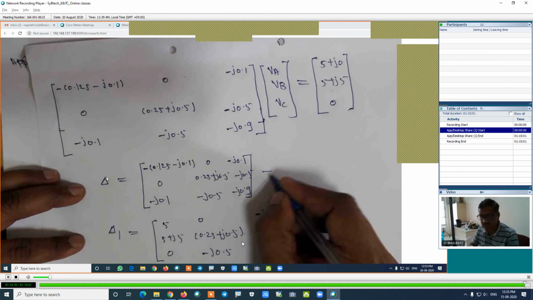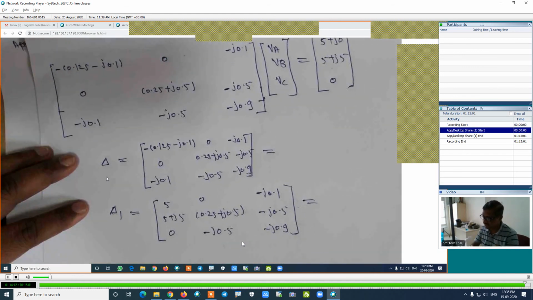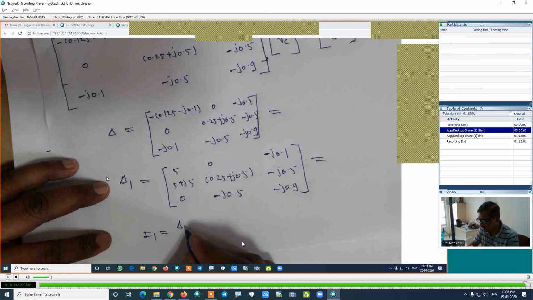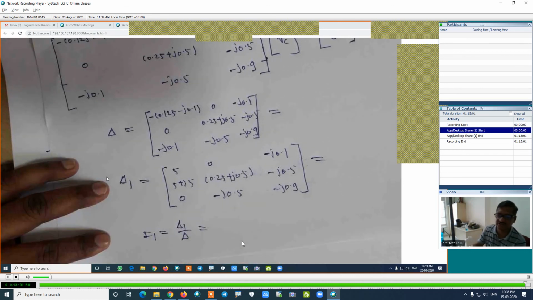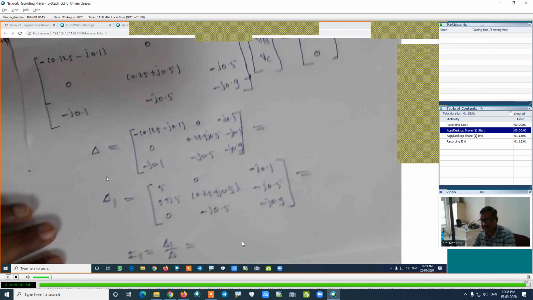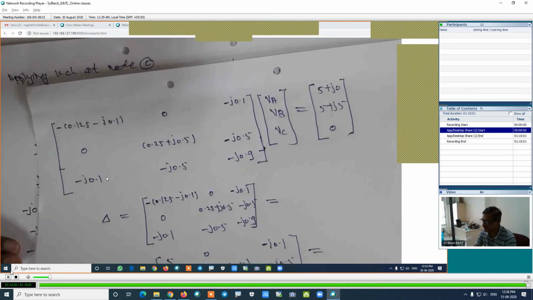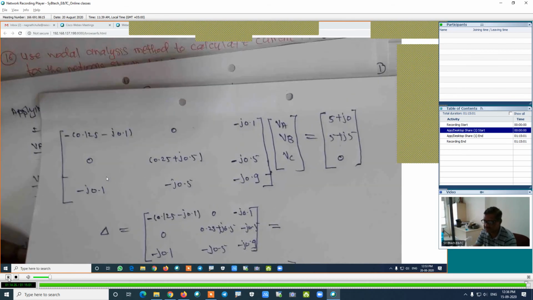Whatever determinant of this comes, that is delta 1, and finally this I1 will be equal to delta 1 upon delta. This is the whole calculation. In this lecture, this complete calculation is not possible. I will stop here. In the next class, I will discuss the last point of this unit, which is nothing but